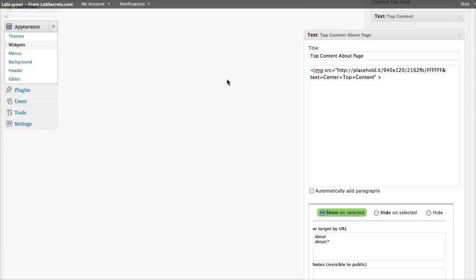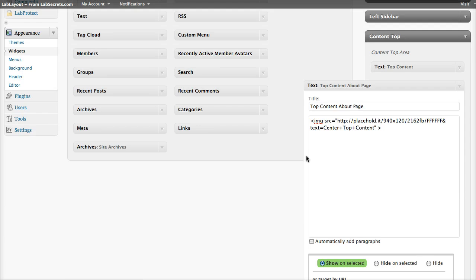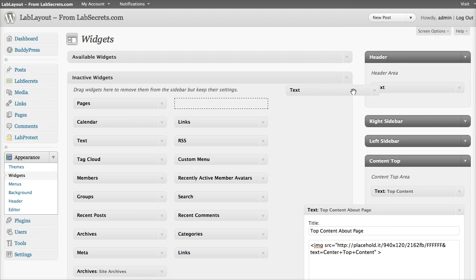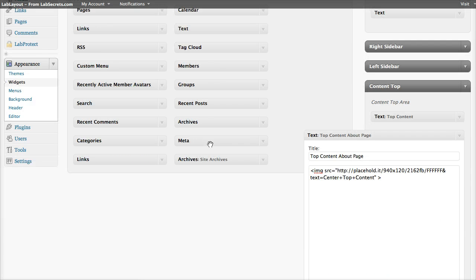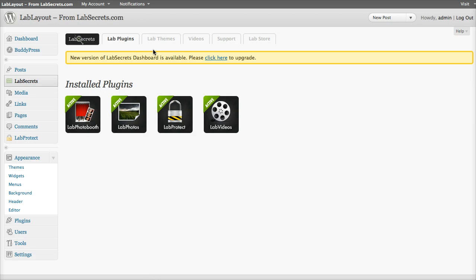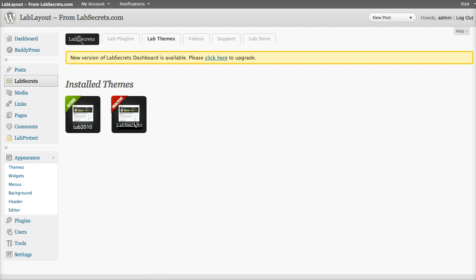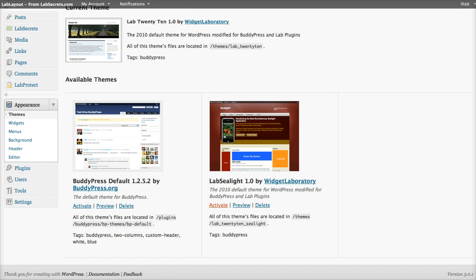Last but not least, let me show you what happens when I change the theme altogether. This isn't entirely the only way to do this, but I'm going to do this real quick and dirty. I'm going to go ahead and drag a special text box in here that has some code in it that shows a top widget. And I'm going to go ahead to the themes area in the Lab Secrets box, and I'm going to switch over to this new Sea Light theme. And when I do, make sure that I get it right over here, active. When I go